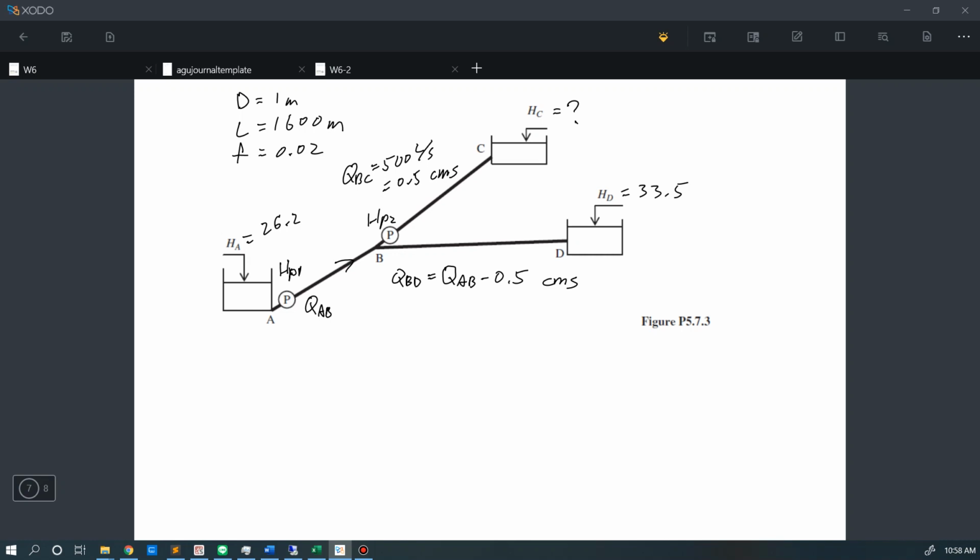We need to calculate the intersection between the system curve and the pump curve. To do that, we need to first choose one line to calculate that energy balance. So to start with,